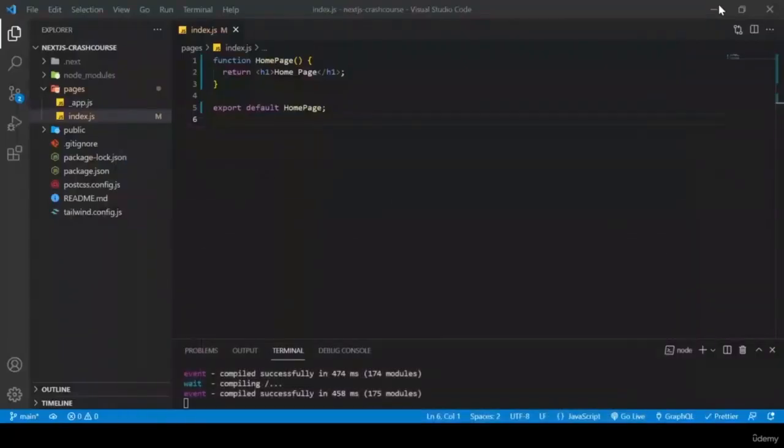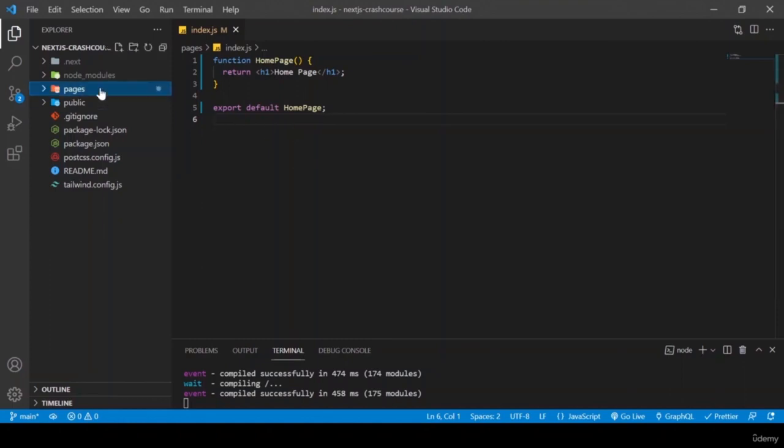Now let's say we are building a blog. We are going to have 3 pages. First of all, the home page. So let's go on and create another page. And we can do this by creating a file in this format, and we are going to call this page